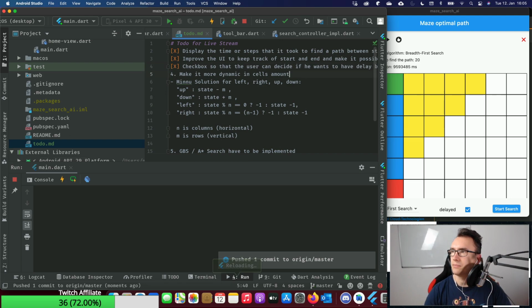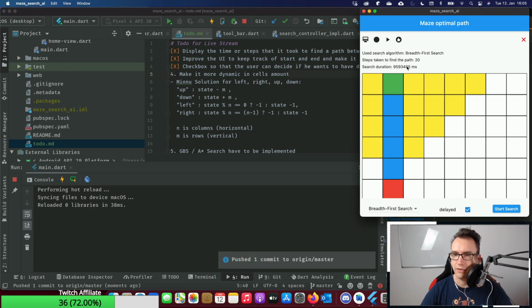So the next step, and I think that will be the most challenging project because it will remove a lot of information. And as you can see, we get now a high amount of milliseconds here, of course, because if we delay it, it will increase the search.